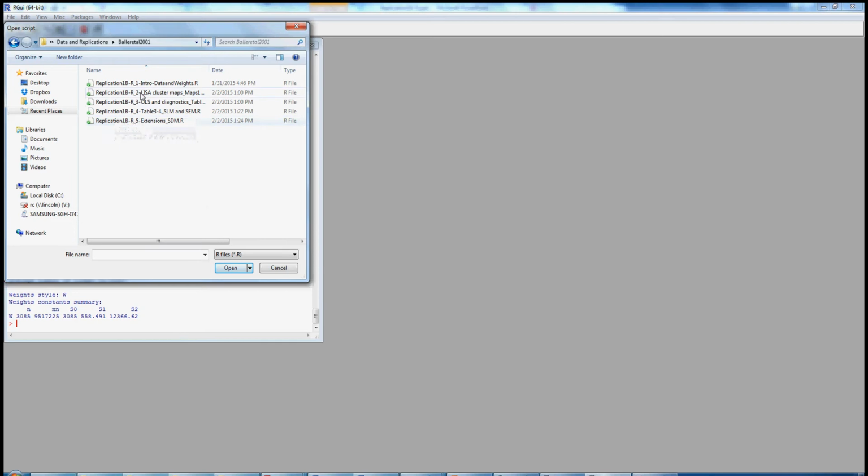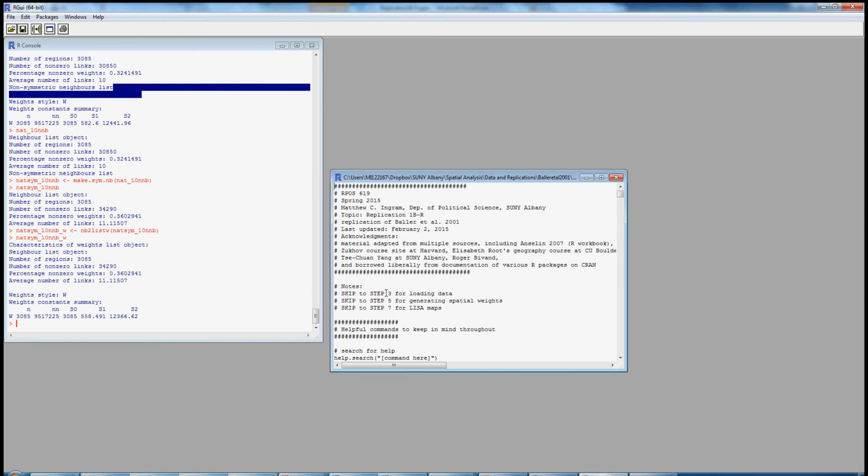As I mentioned earlier, the second R script contains all of the material in the first R script. The third R script contains all of the material in the first and second, and so forth. So if you just open the second R script, Replication1B R2, you should have all of the material from the